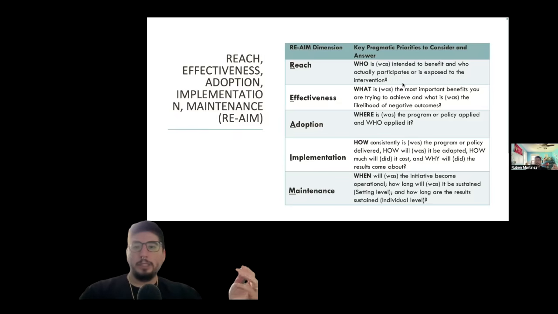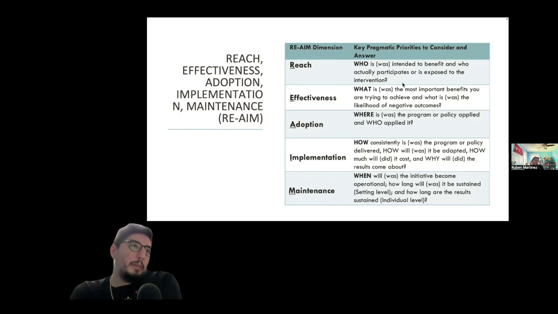This is another way to conceptualize implementation outcomes. RE-AIM is reach, effectiveness, adoption, implementation, and maintenance. This actually combines the implementation and clinical outcomes, but it's really asking who was intended to benefit from this and who actually participates or is exposed to your thing. Effectiveness is really the clinical effectiveness question. The adoption question is the same as the Proctor framework,